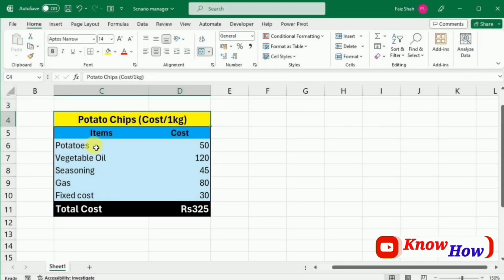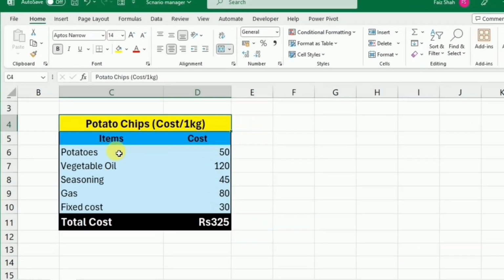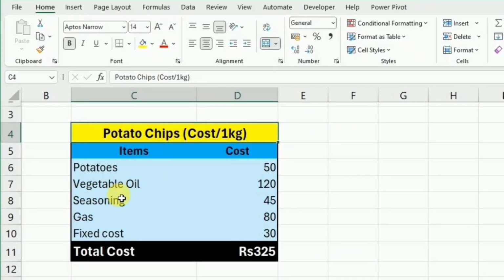This is an example of potato chips cost, and you can see that we have various items like potatoes, vegetable oil, seasoning, gas, and the fixed cost, and all of these items contribute towards the total cost of the potato chips. And we know that the cost of the potatoes and the vegetable oil as well as seasoning and gas varied throughout the year. Sometimes it is very high and sometimes it is low, and we need to calculate the